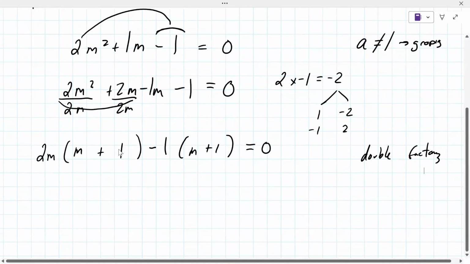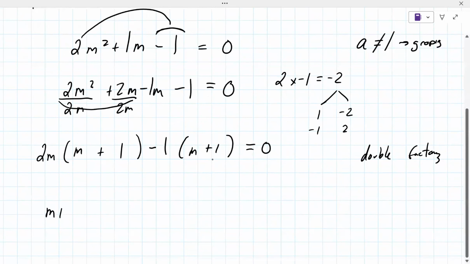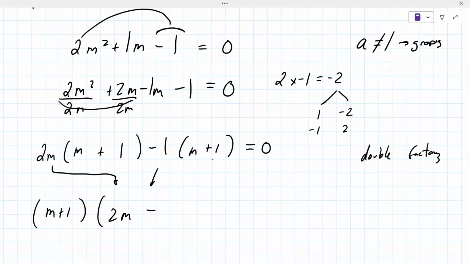Do you see that both of these terms have an m plus 1 in them? That's another GCF. So that m plus 1 comes out. That's why it's double factoring. And then you bring down the other stuff, the 2m minus the 1. Okay, now from here, we can solve for m by setting